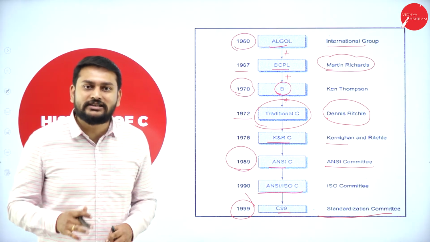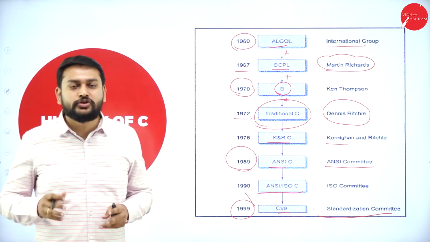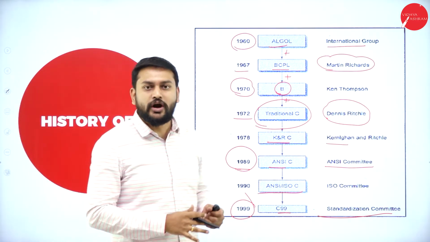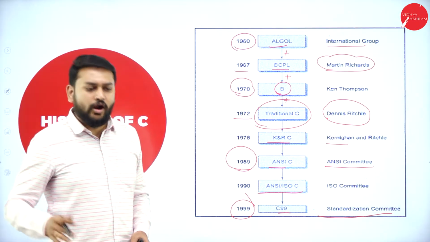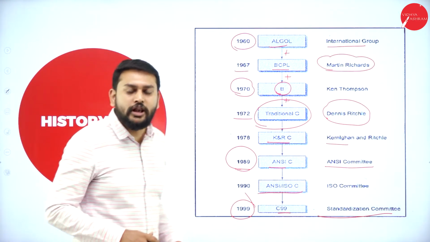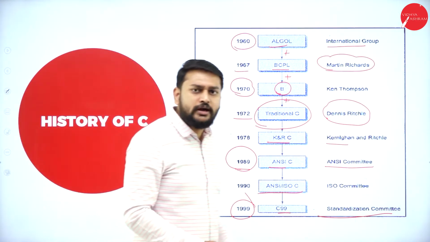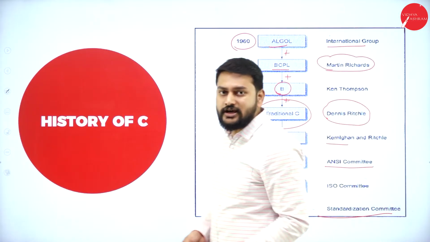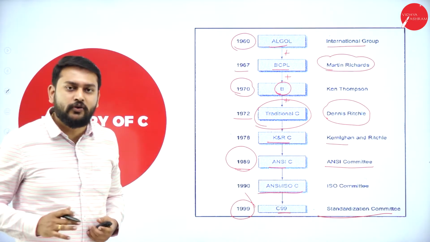So for that reason, they started a committee. That committee will decide what should be there and how it should be in this programming language. So that's what they call the ANSI committee. And also they will bring in a lot of standards with the help of ISO. Idella aadmele a lot of features na add maadtaare, which are in C++ and Java. So that is what they call C99. So ishtu neevu history na nenpitkobeku. So fine,